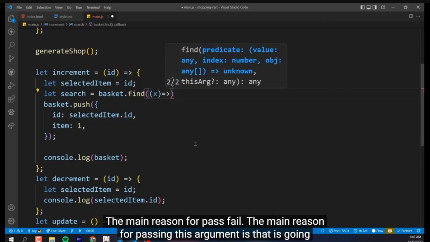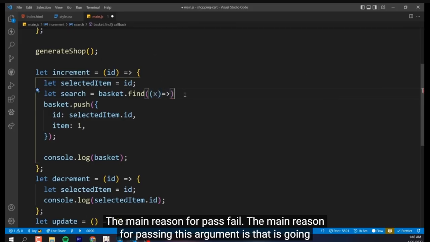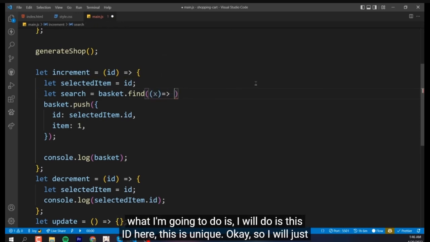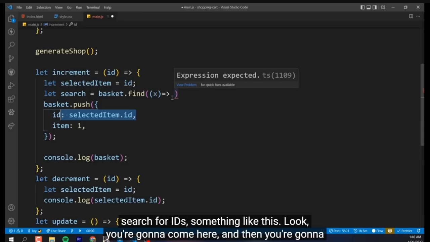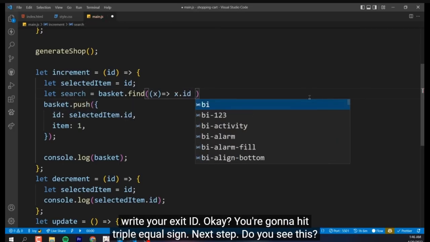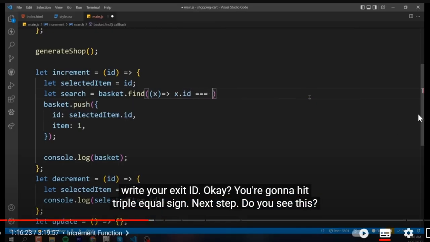The main reason for passing this argument is that it's going to check all the objects one by one. That's why I wrote this X. Now inside here, I will use this ID, which is unique. So I will just search for IDs, something like this. You're going to come here and write x.id. Then you're going to write the triple equal to sign. Next up, do you